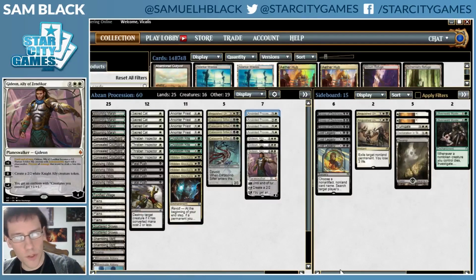I'd certainly still want Fatal Push in the sideboard. It's really important to be able to kill at least Heart of Kiran, and I'd probably still want it against zombies since Cryptbreaker and the 3-mana zombies are so important. But yeah,